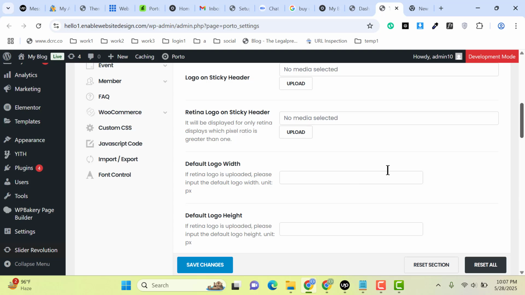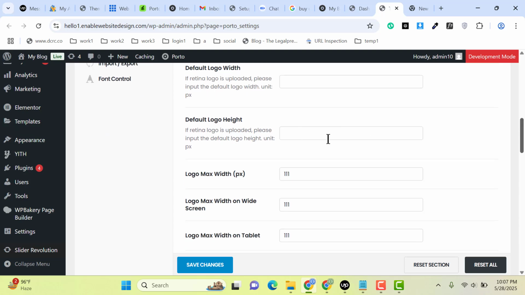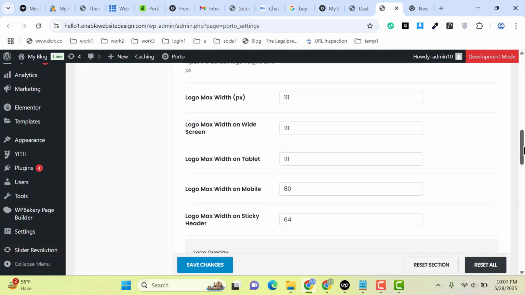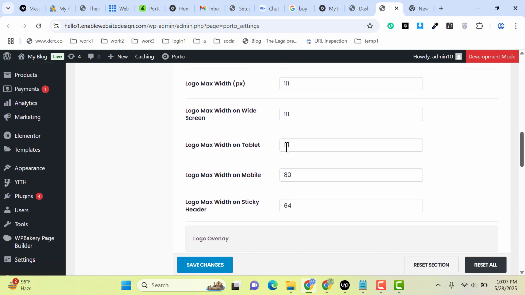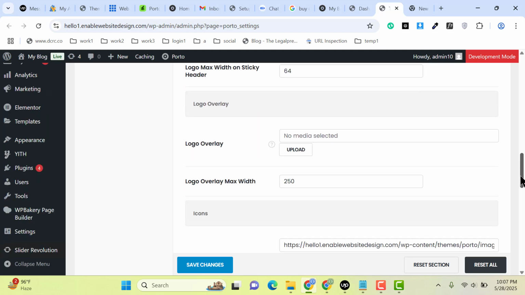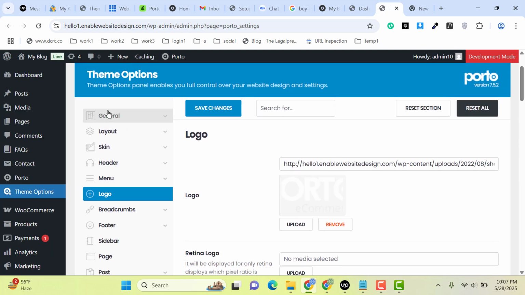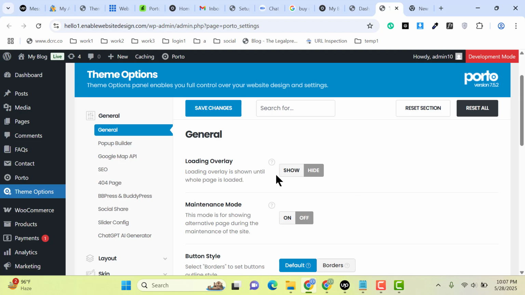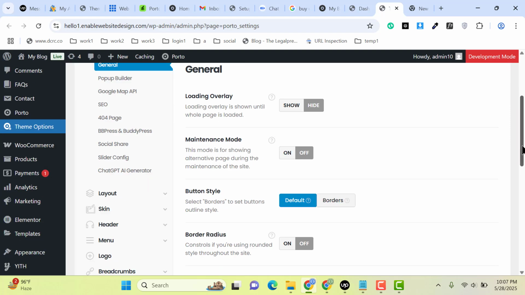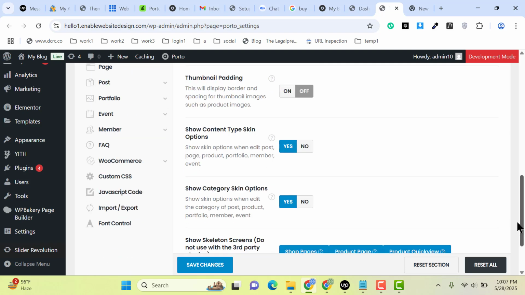After that you can select logo width as well as logo height, and you can also customize logo width on different devices. And here you can see these are the other customization options. If you want to enable overlay, then you can enable this option, then scroll down,